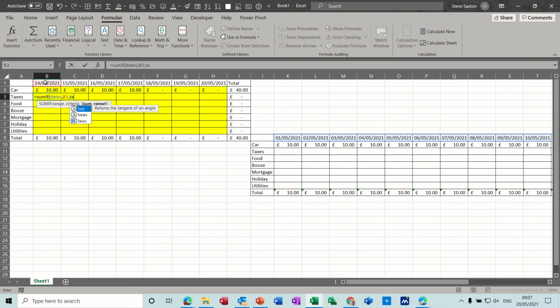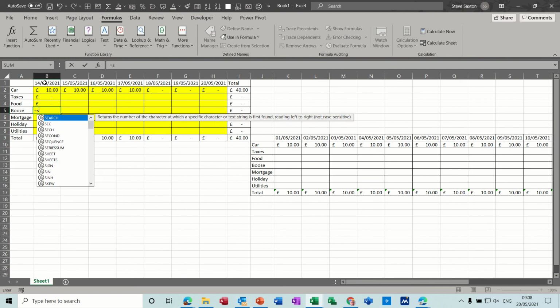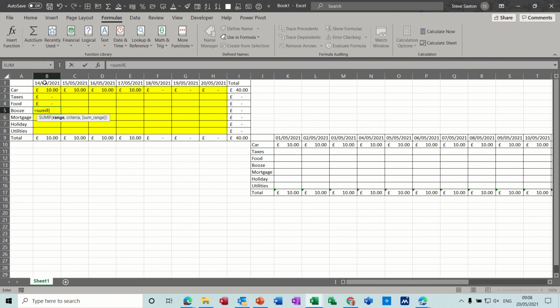In this case it's taxes, and equals SumIF dates is equal to that date, comma, food, and SumIF dates is equal to that date, criteria is booze, and equals SumIF dates is the range, date is what you're looking at, mortgage,